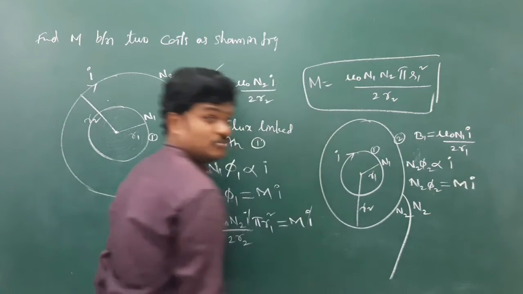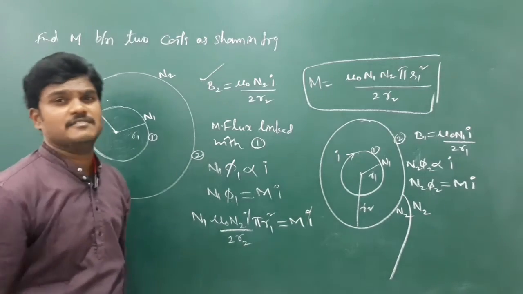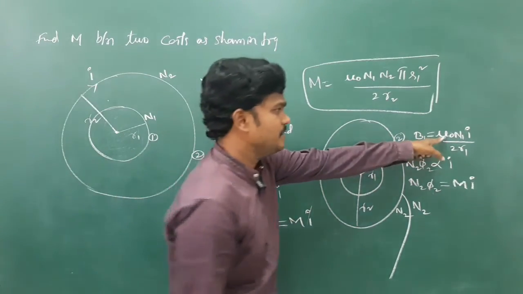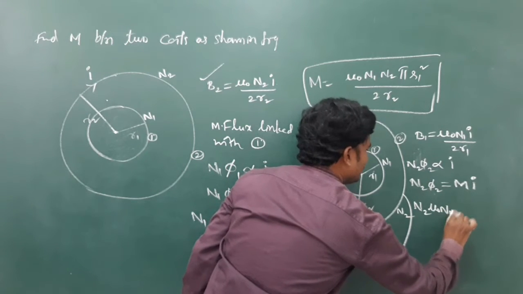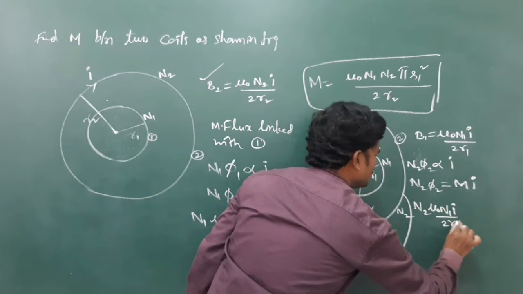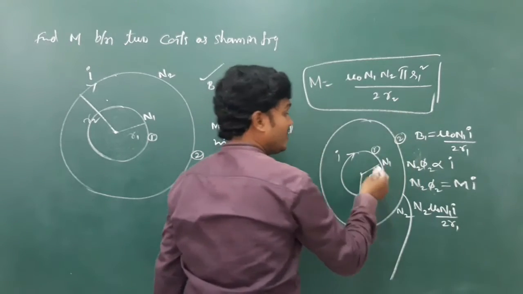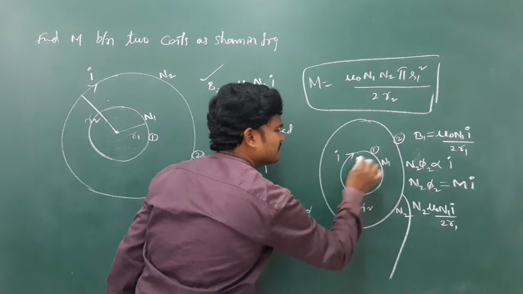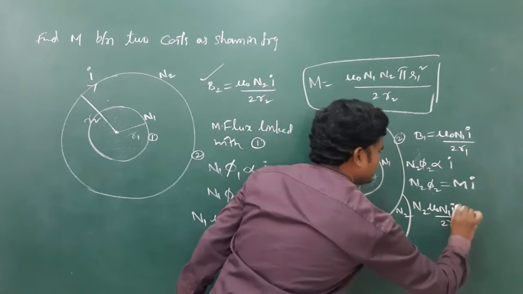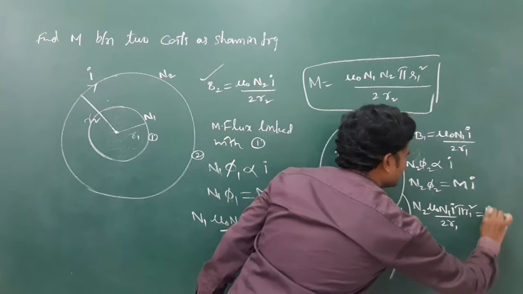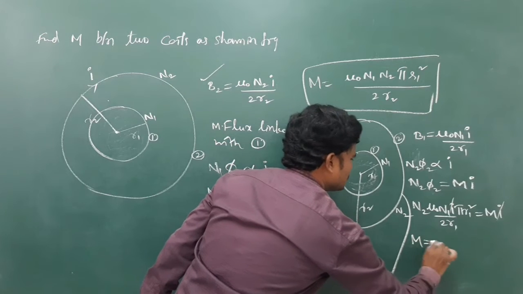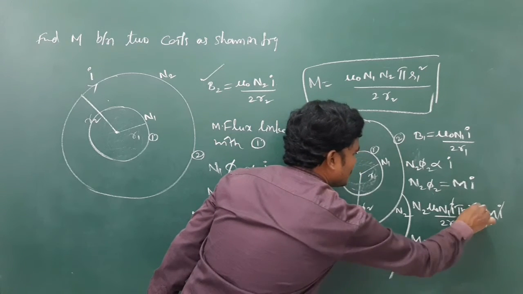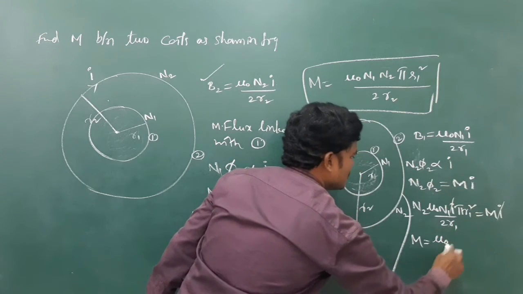N2, what is phi 2? Phi 2 is the BA product. BA, what is B? B is mu naught N1 I by 2 R1 squared. A is the area of this region, pi R1 squared. MI, I gets cancelled, then M is equal to mu naught, R1 gets cancelled, mu naught